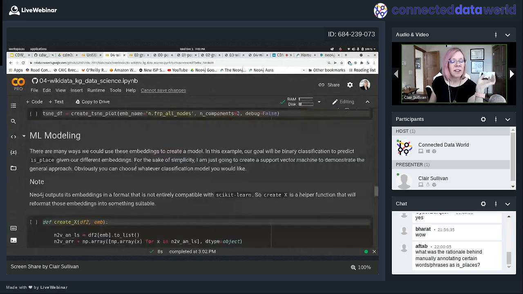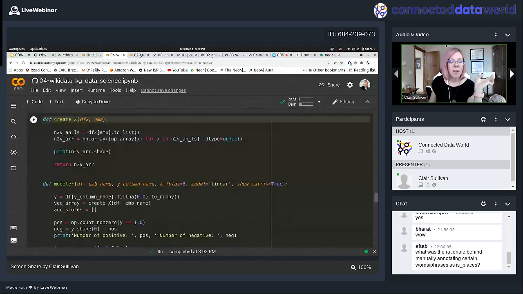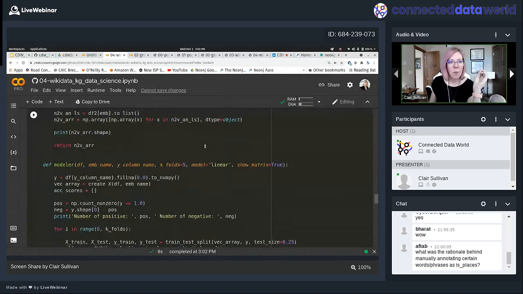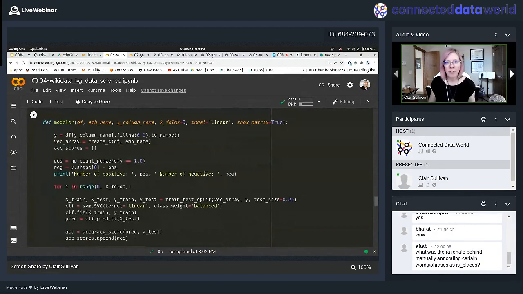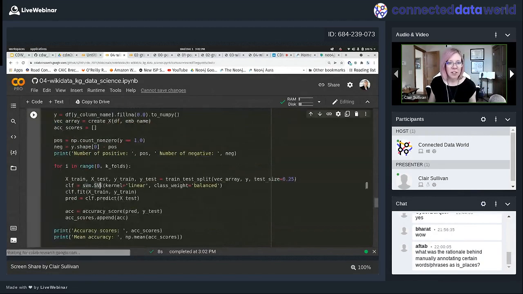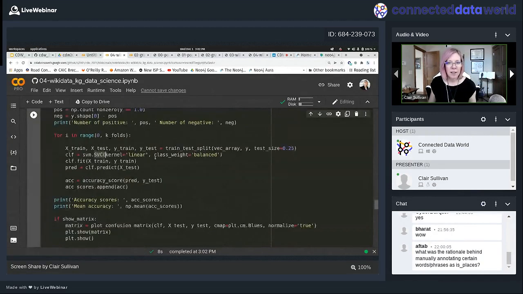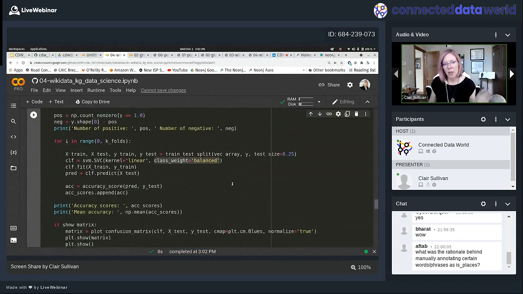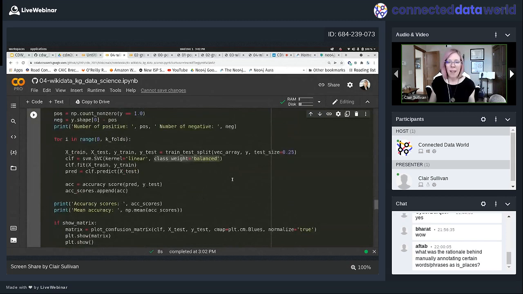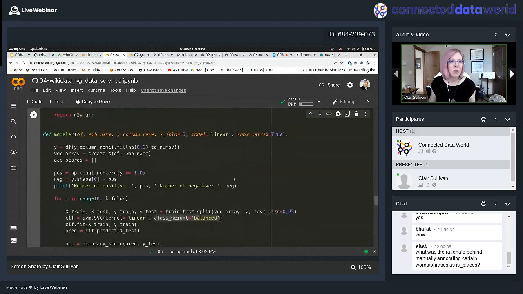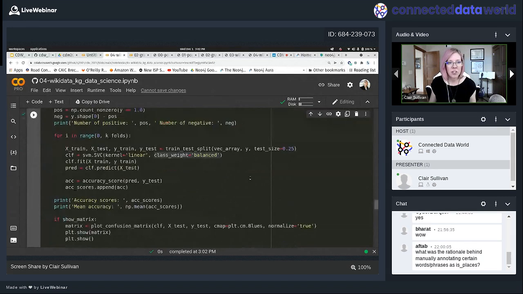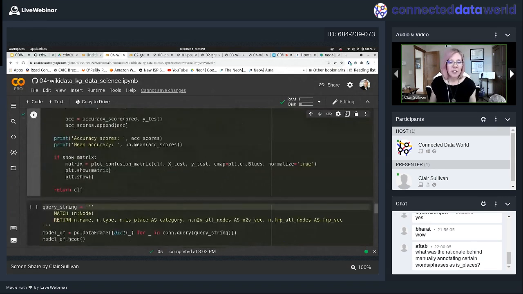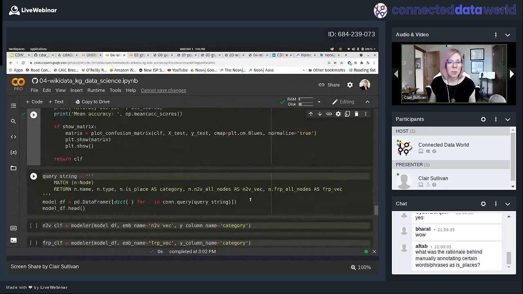Going to go down here. Again, I'm just creating my data in the format that scikit-learn wants. And then I have my same old model before, 5-fold validation, support vector classifier. Here's my attempt to balance the class weight. I misspoke on the previous one. Or balance the classes themselves, because we know there's a class imbalance problem here. Okay, so I just have these functions. And again, we're just going to look at accuracy, just real super simple stuff.